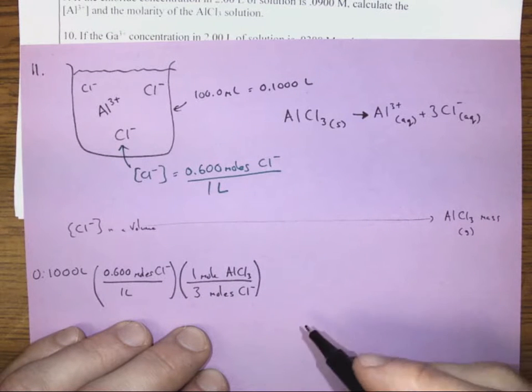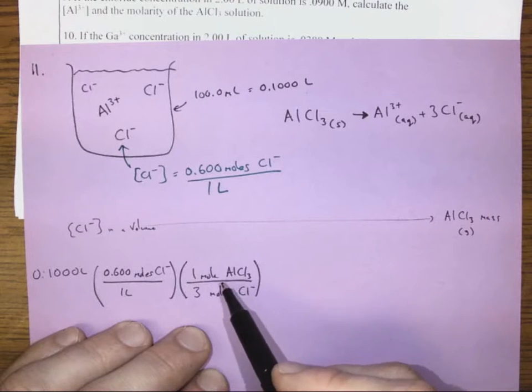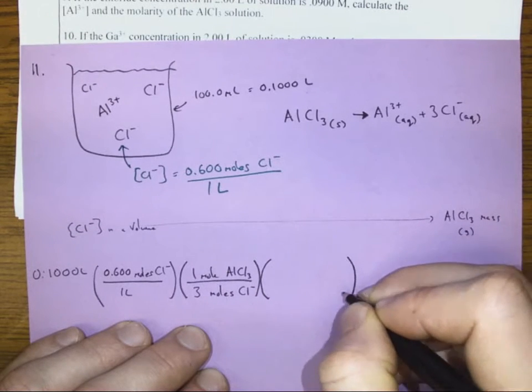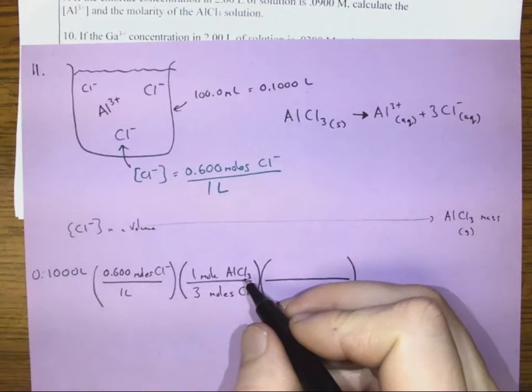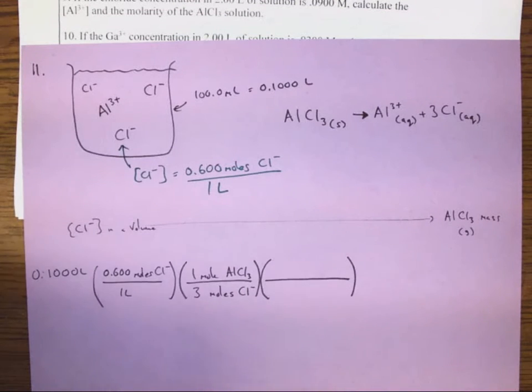That's looking pretty good. So we're not at mass of aluminum chloride, but at least we're now in moles of aluminum chloride, and I know how to convert between moles and mass. I'm going to use the molar mass of aluminum chloride. So to find the molar mass of aluminum chloride,